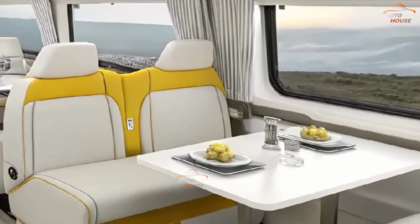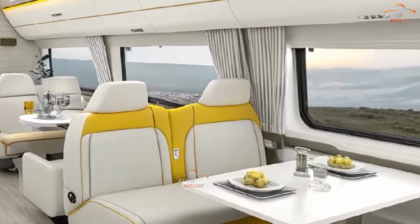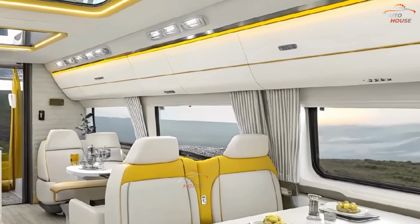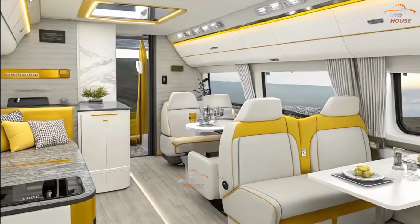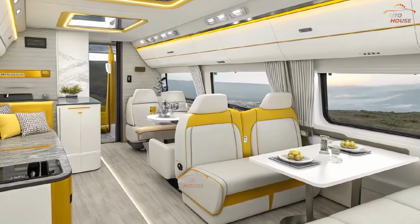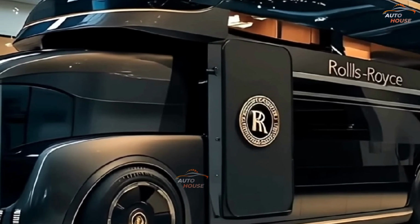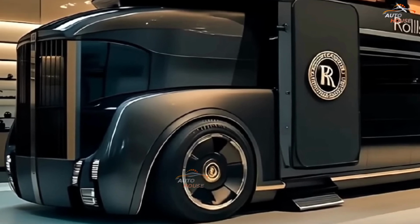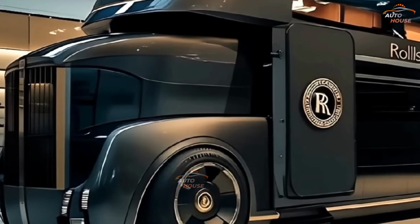Tech-wise, the motorhome is loaded with Rolls-Royce's cutting-edge innovations, including a voice-activated assistant, gesture-controlled displays, 5G connectivity, and climate control zones. Solar roof panels, an off-grid energy bank, and real-time diagnostics make this motorhome not only luxurious, but efficient and sustainable. Designed for elite travelers who demand exclusivity and grace, the 2026 Rolls-Royce Motorhome is not just a mode of transport,